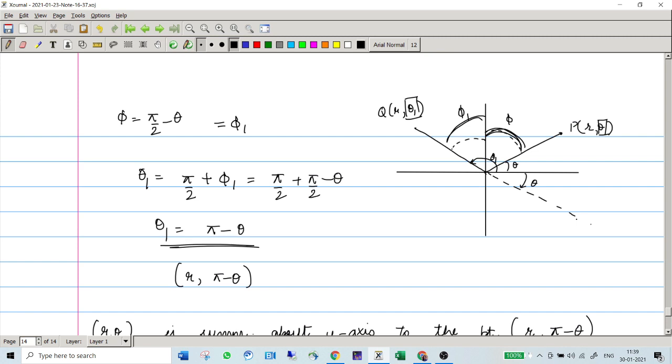Yes, ma'am. So what we have seen, because we wanted these points to be symmetric, we wanted these angles to be the same, and the length which we have traveled from the origin should be the same. Because symmetric is more or less related to mirror images, which you can imagine in real life. Okay. Done, ma'am. So with this, we have seen the symmetry about the x-axis and the y-axis.